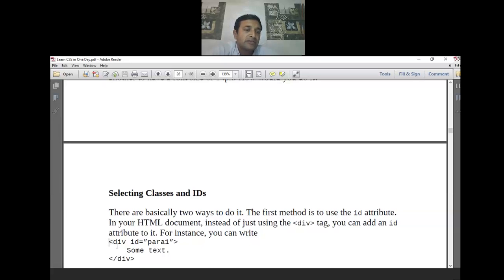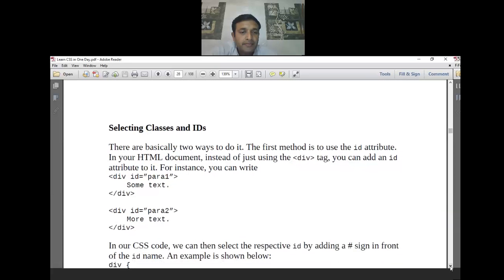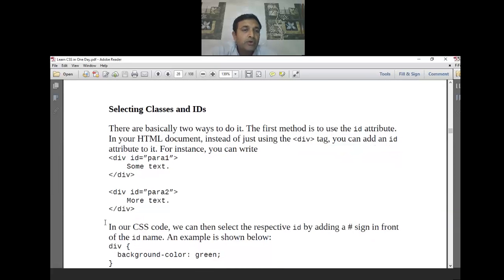Instead of just using a div tag, you can categorize it with a div ID. Here you can have two div IDs, para 1 and para 2. So we bifurcate one div from another div through the ID attribute.